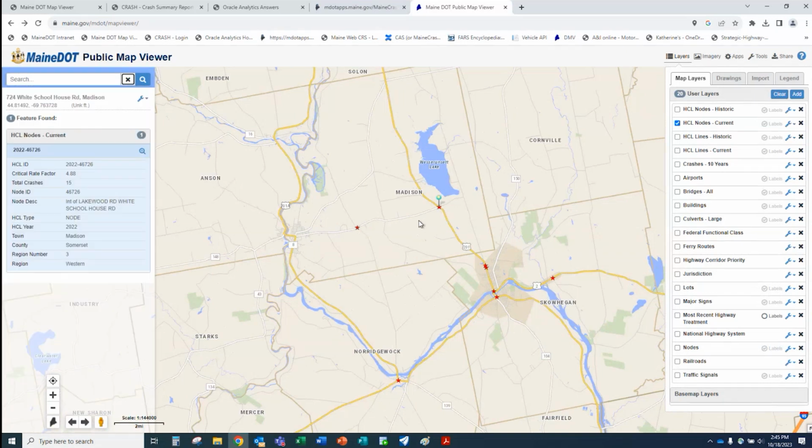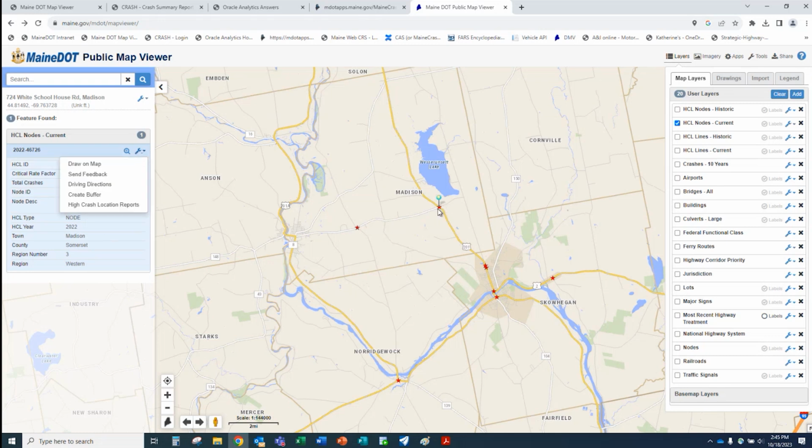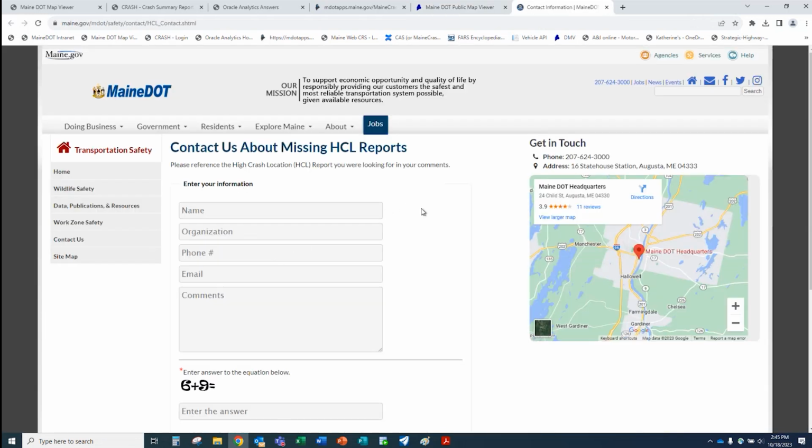Maybe. I'm trying to show if, so you can click on these again. So you clicked on that high crash location right there. Go to this here. Okay, this is what I was hoping to show you. This is what happens if there isn't a report created for this location. So this is the little form that you fill out. You put your name, your organization, your phone number, your email. And then the one thing that you've got to do here, because unfortunately this system isn't necessarily made for these high crash locations, this is for a general inquiry. If somebody was using any layer in the map viewer, they would get this one, but this one's been labeled